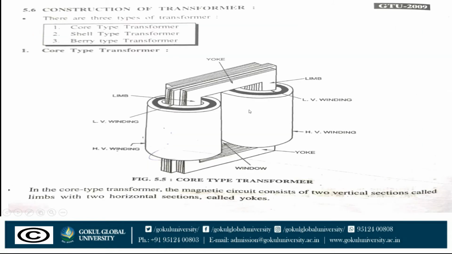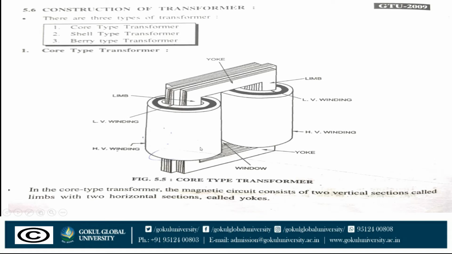Okay. Now we discuss the construction of transformer. There are total 3 types of transformer: core type, shell type and Berry type. Here in the figure, the core type transformer: this is the core, this is the primary winding, this is the secondary winding. In detail, the vertical